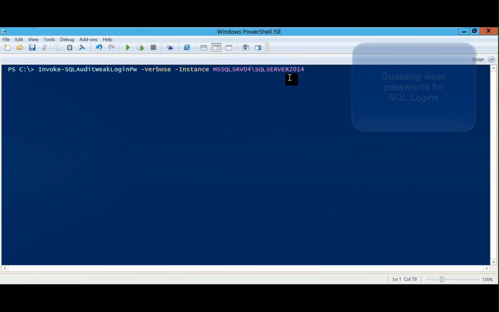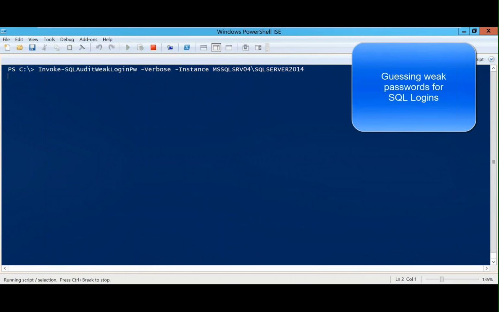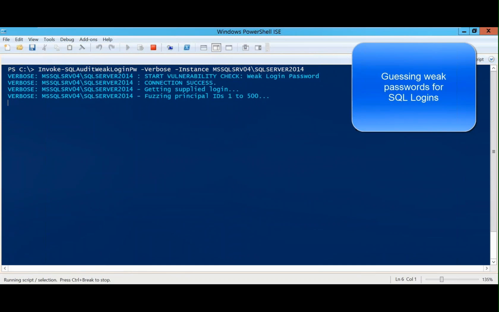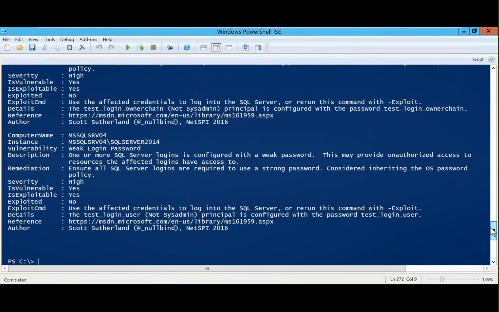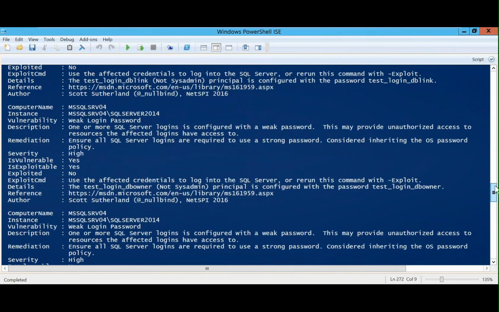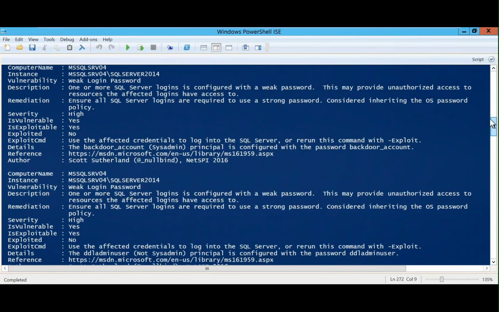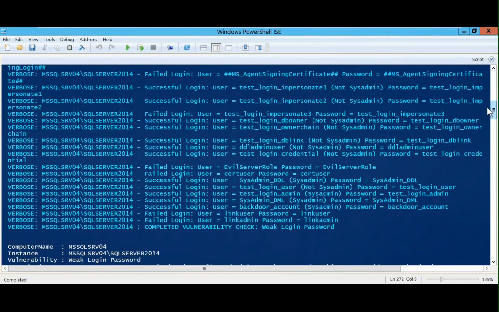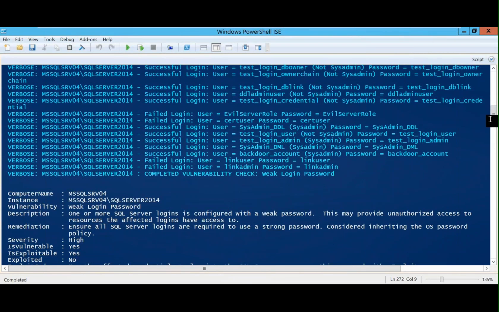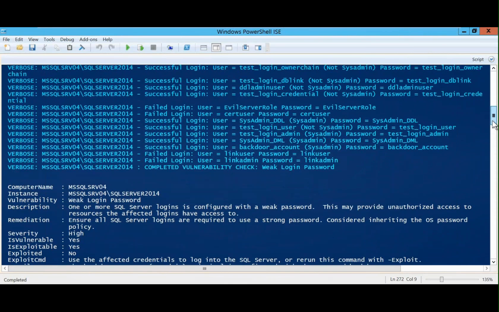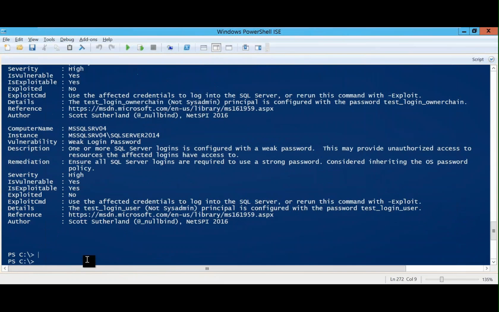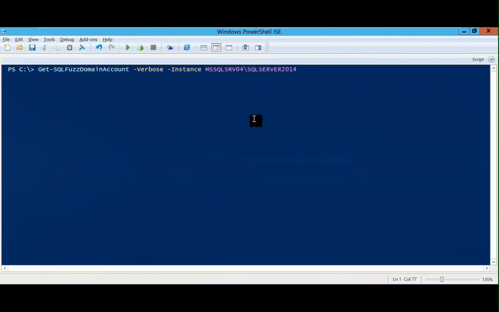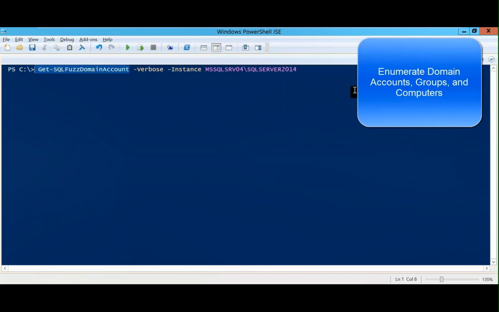Next, I'm going to try to use the username as the password. This will run the same test, then actively try to log in, and then provide what equates to a mini vulnerability assessment specific to this vulnerability. It will list the affected account and what the password was that was enumerated, as well as whether it's a sysadmin or not. So that can be really handy, and that's built into the default audit script we'll see later. Next, here's the domain enumeration